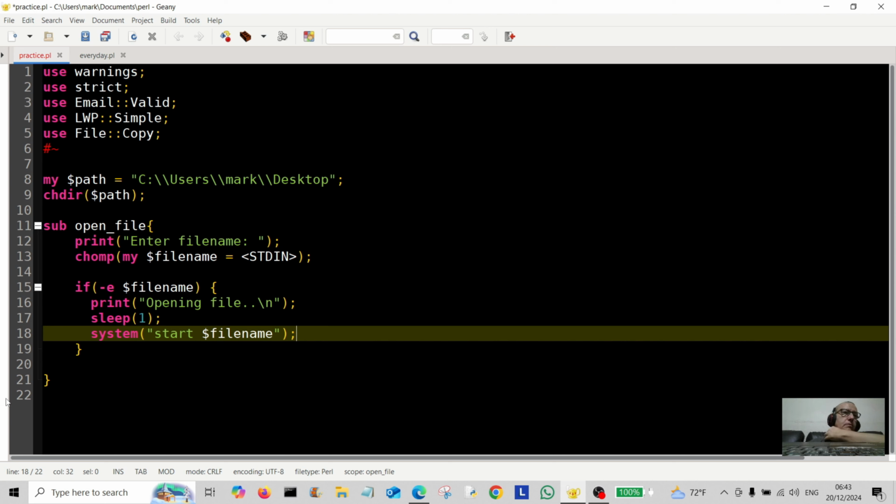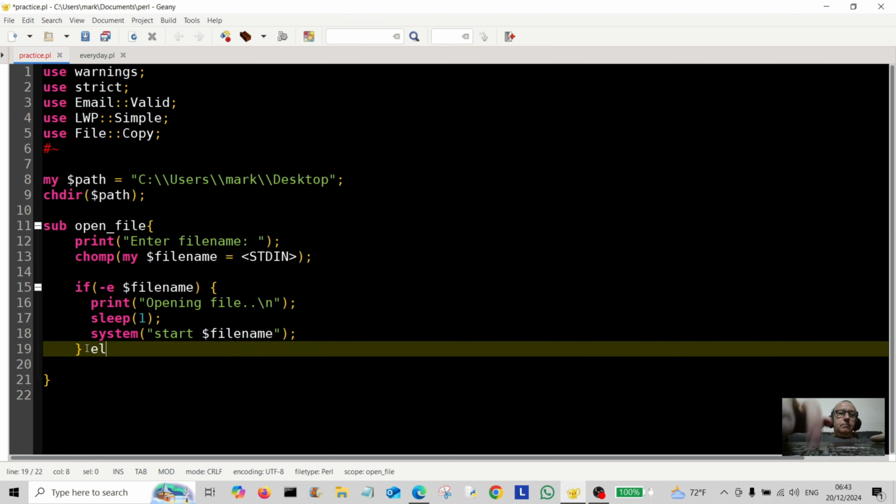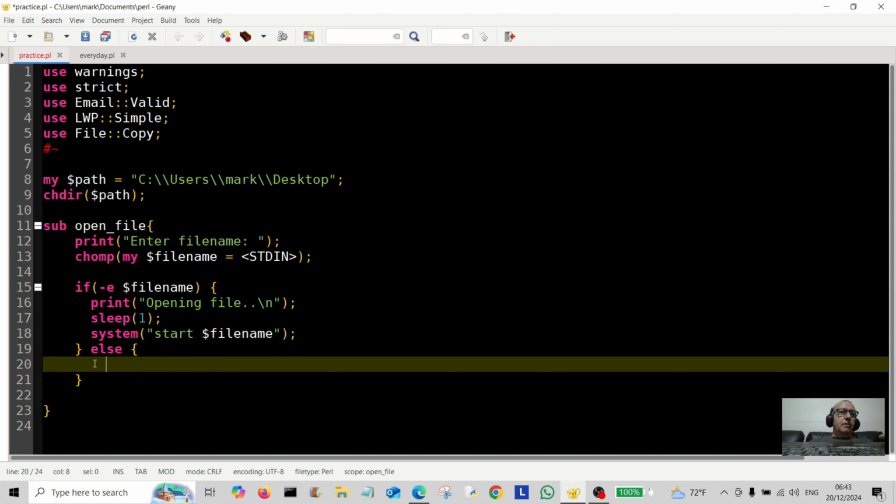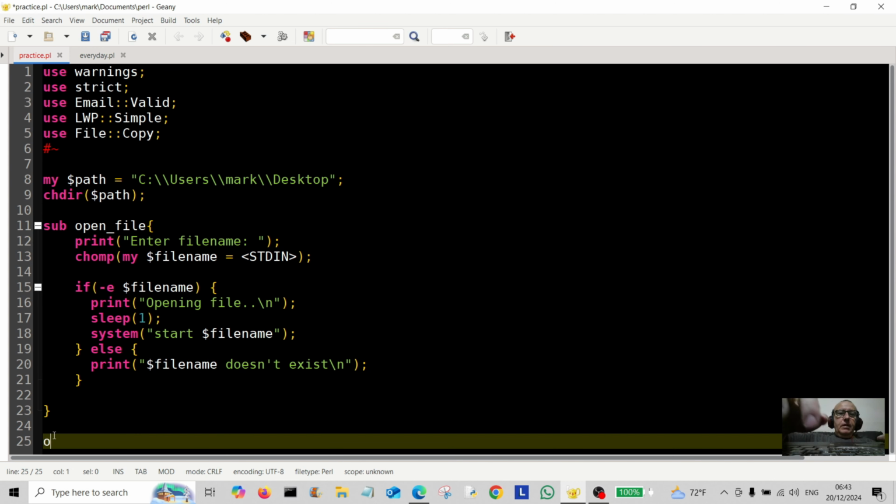Or else, if that's not the case, if the file doesn't exist, we're going to tell the user that by printing them a message. We're going to interpolate the file name into it. Doesn't exist. New line. Okay, now all we have to do is call the program, open file,